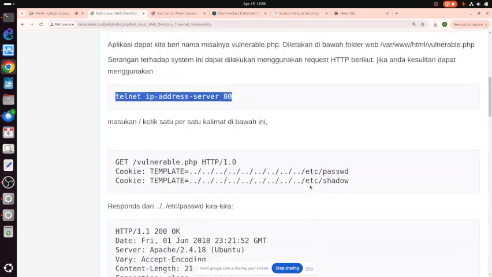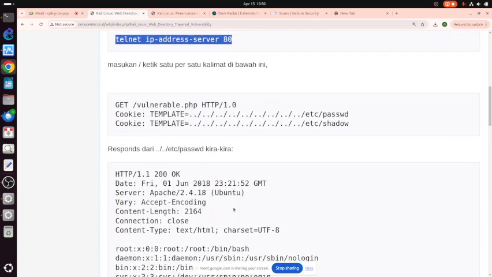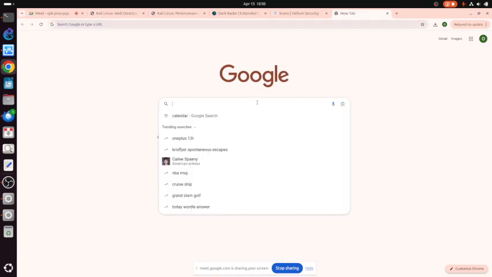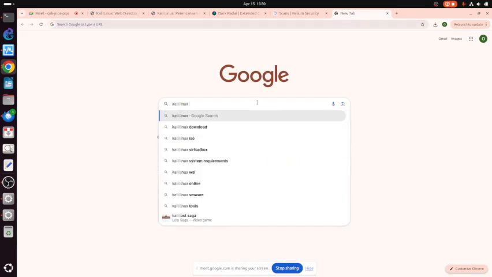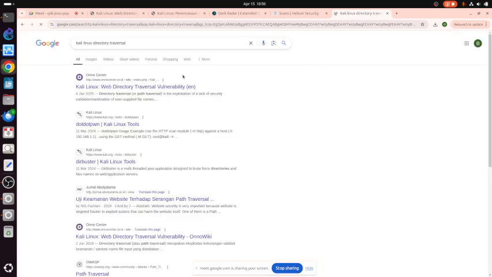Now I have to do it more automatically. This one is impossible right now, so let me see if I can do it from here. Directory traversal, so it will traverse the directory.